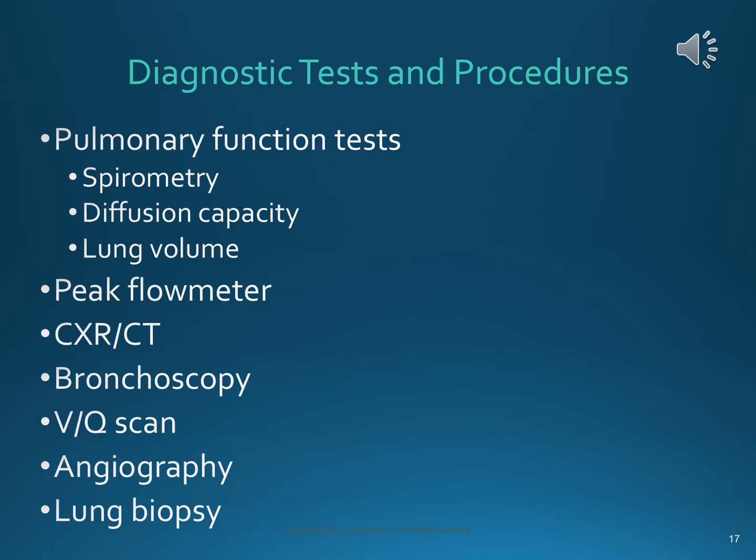So VQ scan stands for ventilation and perfusion, and they look at this when they're looking for somebody who may have a pulmonary embolus. They want to see if an area is ventilated but not perfused. And so what they do is they inject and inhale a radiopaque substance and then take x-rays that show where the radiopaque air is going and where the radiopaque blood is going. And if there's a mismatch, then that may mean there's a clot preventing perfusion in some portion of the